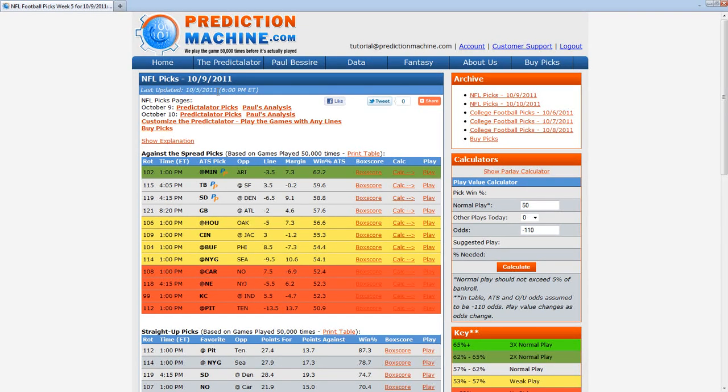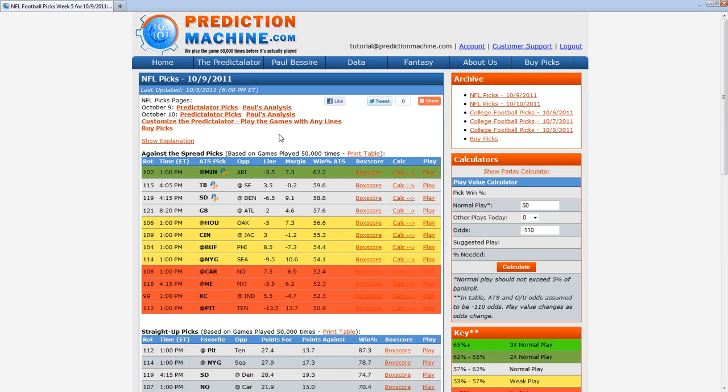Before that, at 6 p.m., we provided the links to the Predictalator picks for both Sunday and Monday, and the Paul's analysis, which is the top 3 against the spread plays for Sunday, and the top play on Monday night, available right in these articles themselves. On the right, as I mentioned, the archive links will show the NFL and college football plays for each of those dates. In college football, the Paul's picks are the top 3 plays on Saturday, and the top overall against the spread play on either Wednesday, Thursday, or Friday. As you can see here, there were no Wednesday games that qualified for the plays.